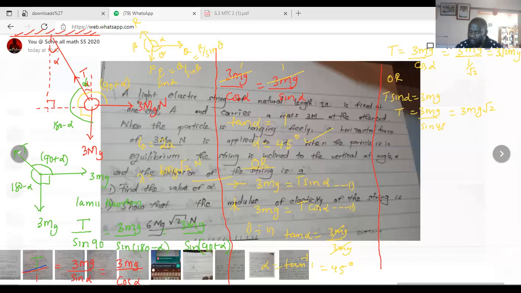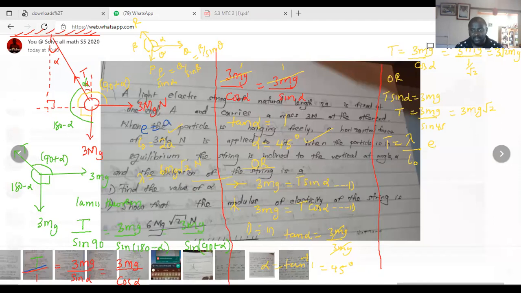Now, furthermore, they want us to find the modulus of elasticity. To find the modulus of elasticity, we shall need to get to this. Remember, tension is equal to modulus of elasticity over the original length times the extension. Look at the original length. Do you remember the extension? The extension was given as